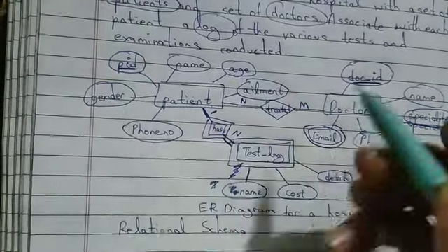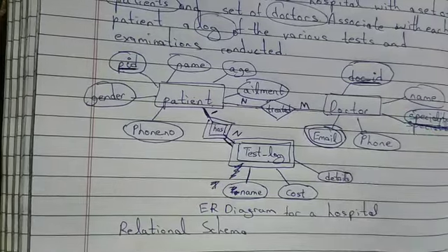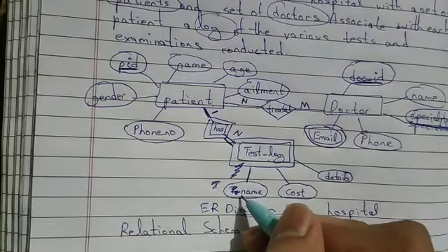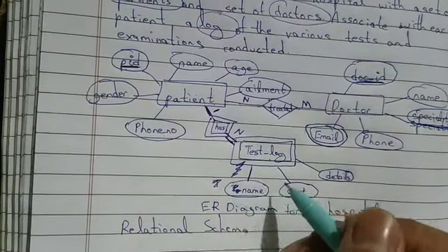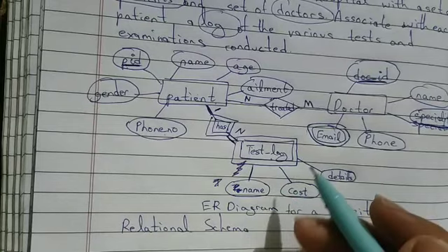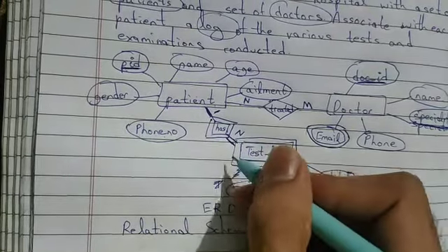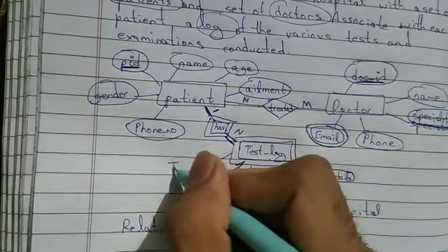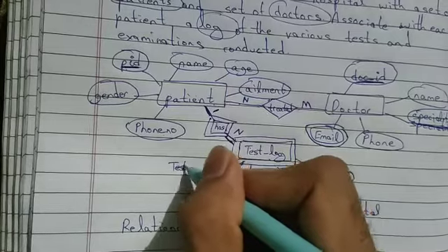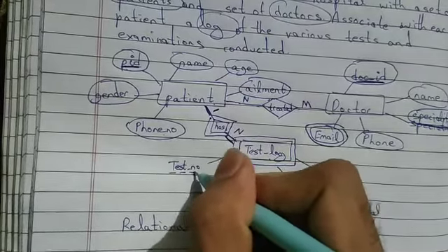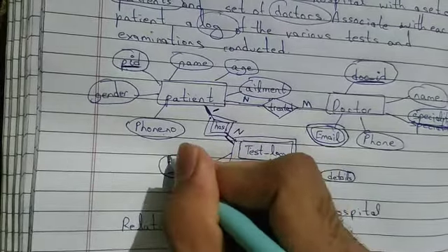The primary key must be underlined like this, and if there's any partial key, we can just put a dash to it. Since test log doesn't have any partial key, we could give it one by saying